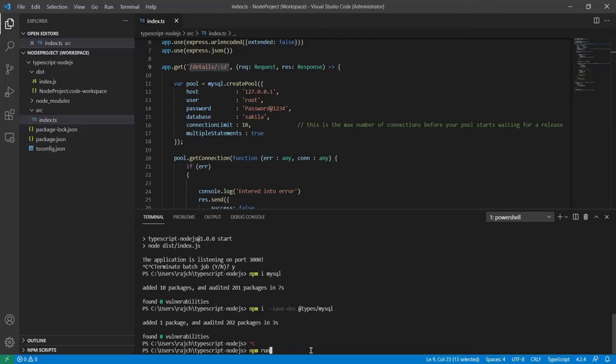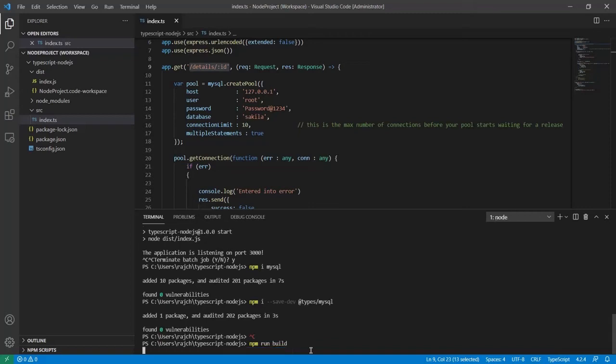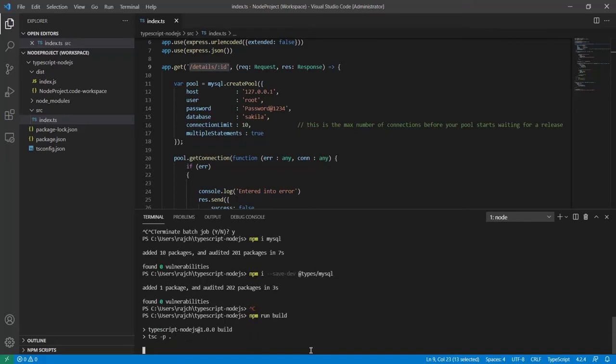npm run build. If you want to know about this, then please watch the earlier videos, or the video of chapter 2. Okay, so now let me first run this command here. So you can see it is building the project, and the new code will be generated and saved into the dist folder, with the same file name index, but the extension will be JS, because that is converted into